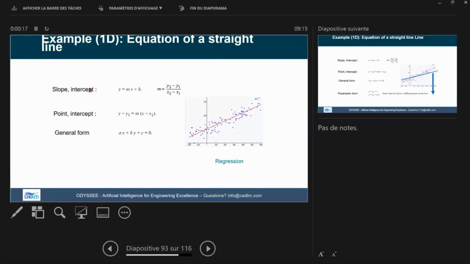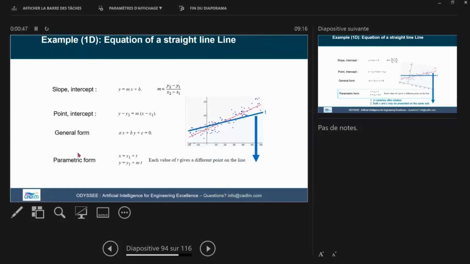Now, recall how we do regression, or the equation of a straight line. From school times, I remember that regression or a straight line was defined by some simple relation. You calculate the slope, or you calculate the intercept, and then you have the equation of the line. But there's not a unique way of writing this equation of the line. In particular, there is one which we still call parametric form, and that has a very interesting